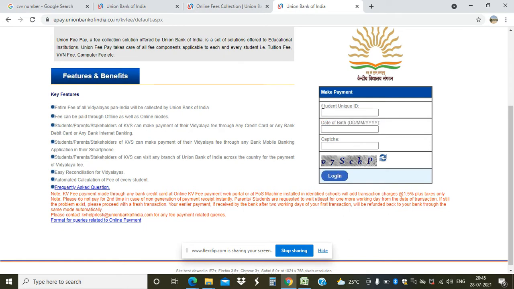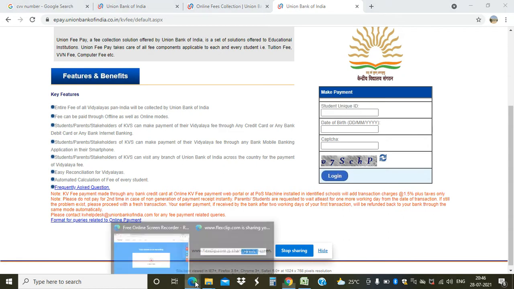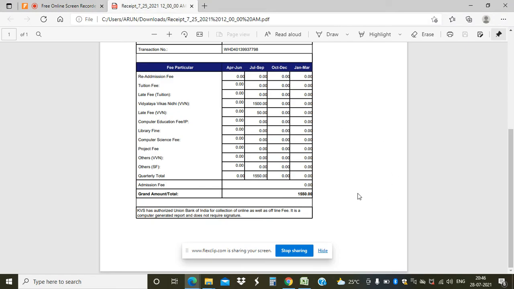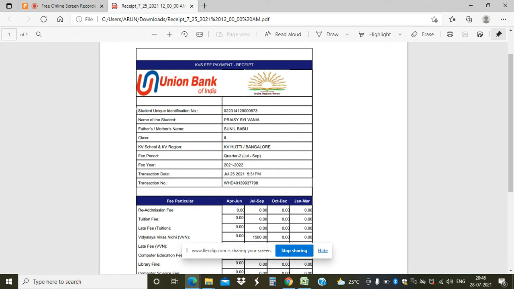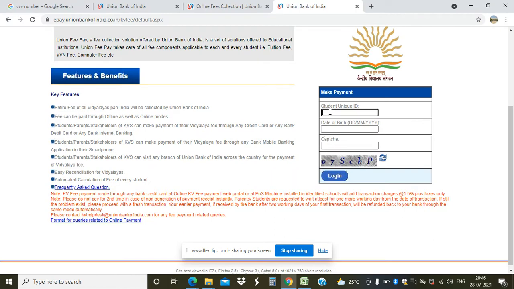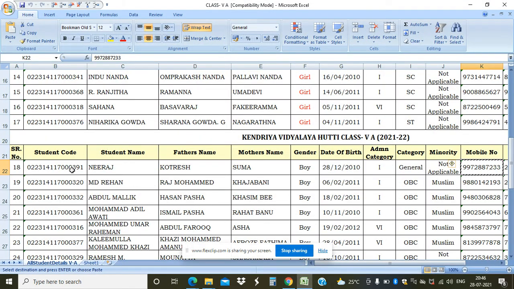To know the student's unique ID, we can get it from the student's ID card, or else from the previous fee receipts. For example, here is a fee receipt of one of our students. Here this option, student unique identification number, is the student's unique ID. So we have to write this unique ID in this box. For example, I'm writing the student unique ID of this student,